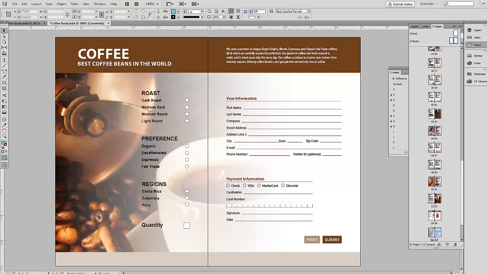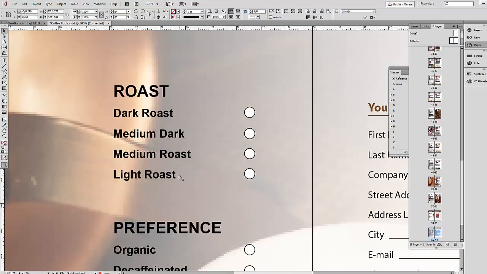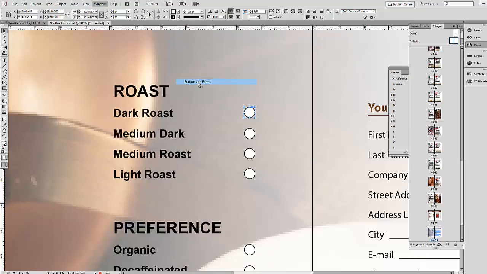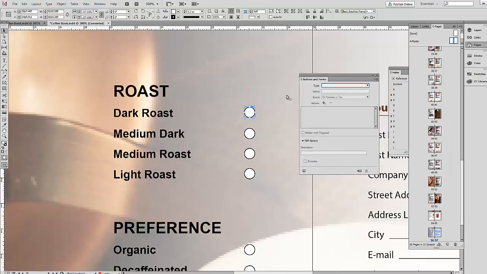We will start with an overview of radio buttons. As you can see, I created a list of choices and I created 4 circular elements. To activate the Forms panel, you go to Window, Interactive, Buttons and Forms. I will select the first circular object, and in the Buttons and Forms window, under Type, I will choose the option Radio